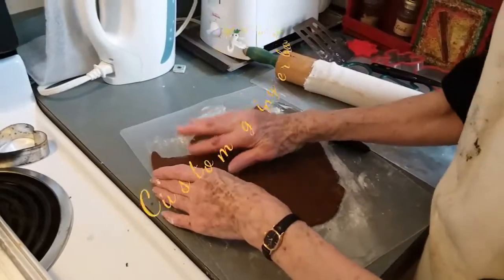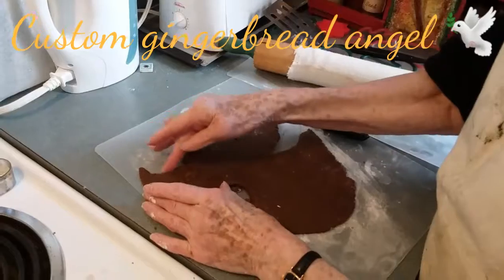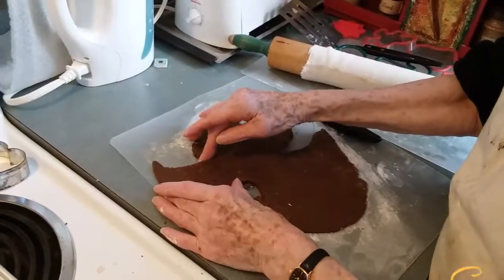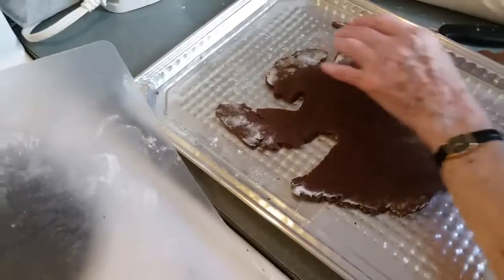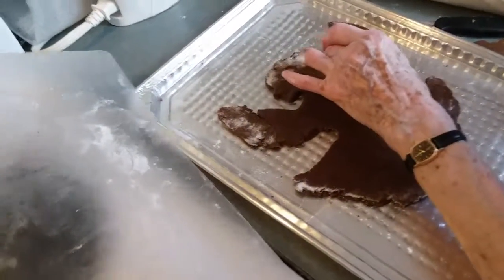This is using an organic molasses, Blackstrap molasses. Very dark, very good high quality molasses from Trader Joe's. And a mixture, actually this is predominantly whole wheat flour. So to get the big cookie angel in the pan, we had to flip the